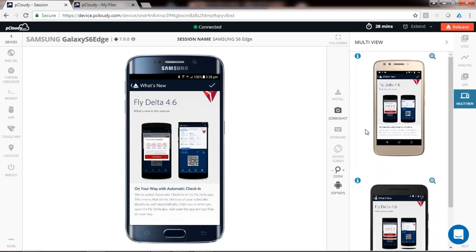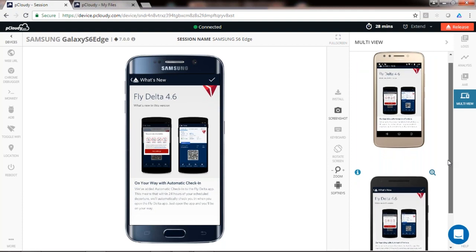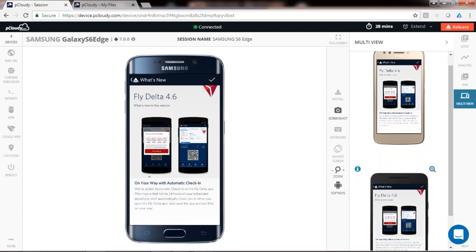Now you see that all three devices are on the same screen. The same application which I have given is installed on all the three devices at the same time. Now the real part of it. Now I will not be testing this application on all the three devices. I'll be rather testing my application only on one device, which is in the main pane, main window here. So I'm just clicking on this tick mark,